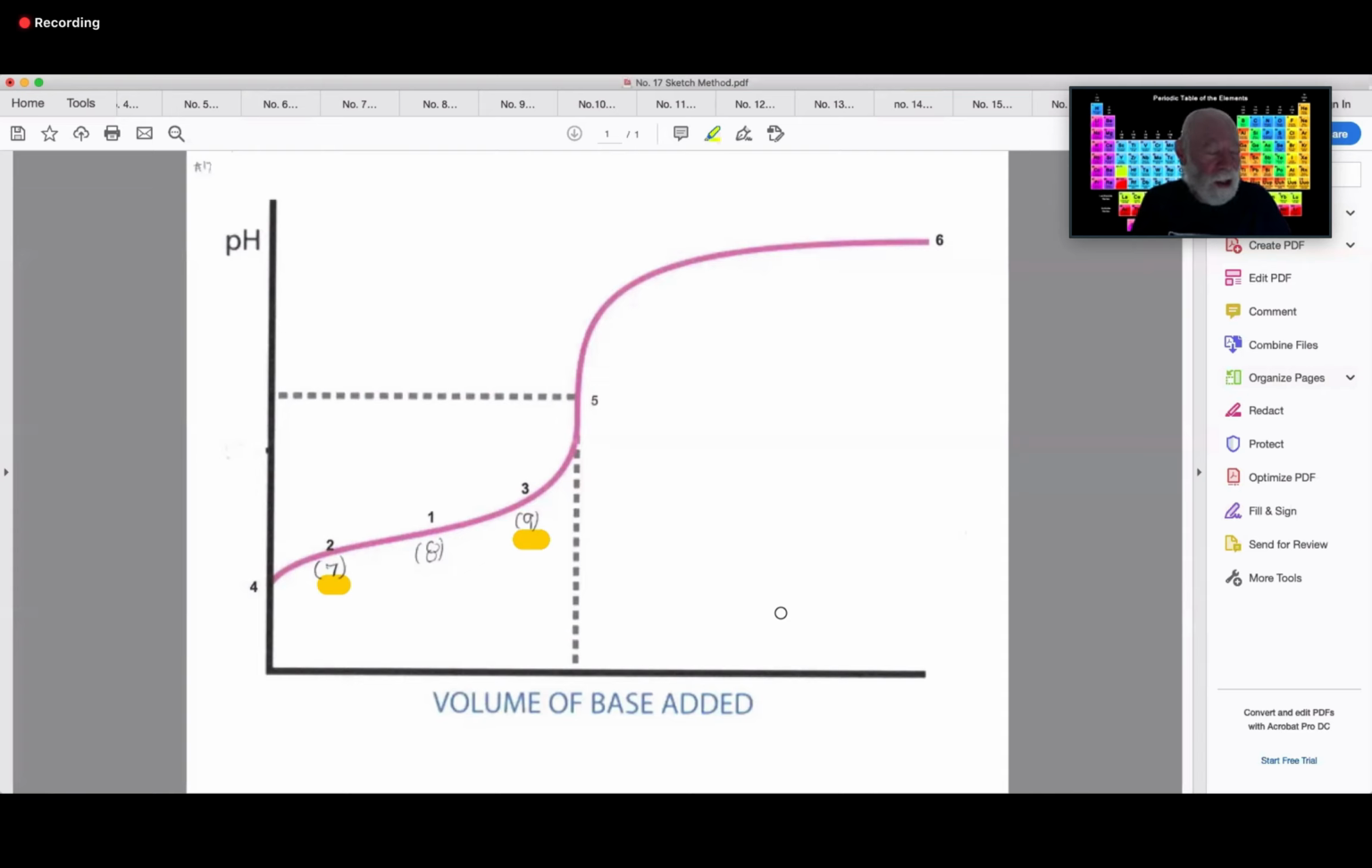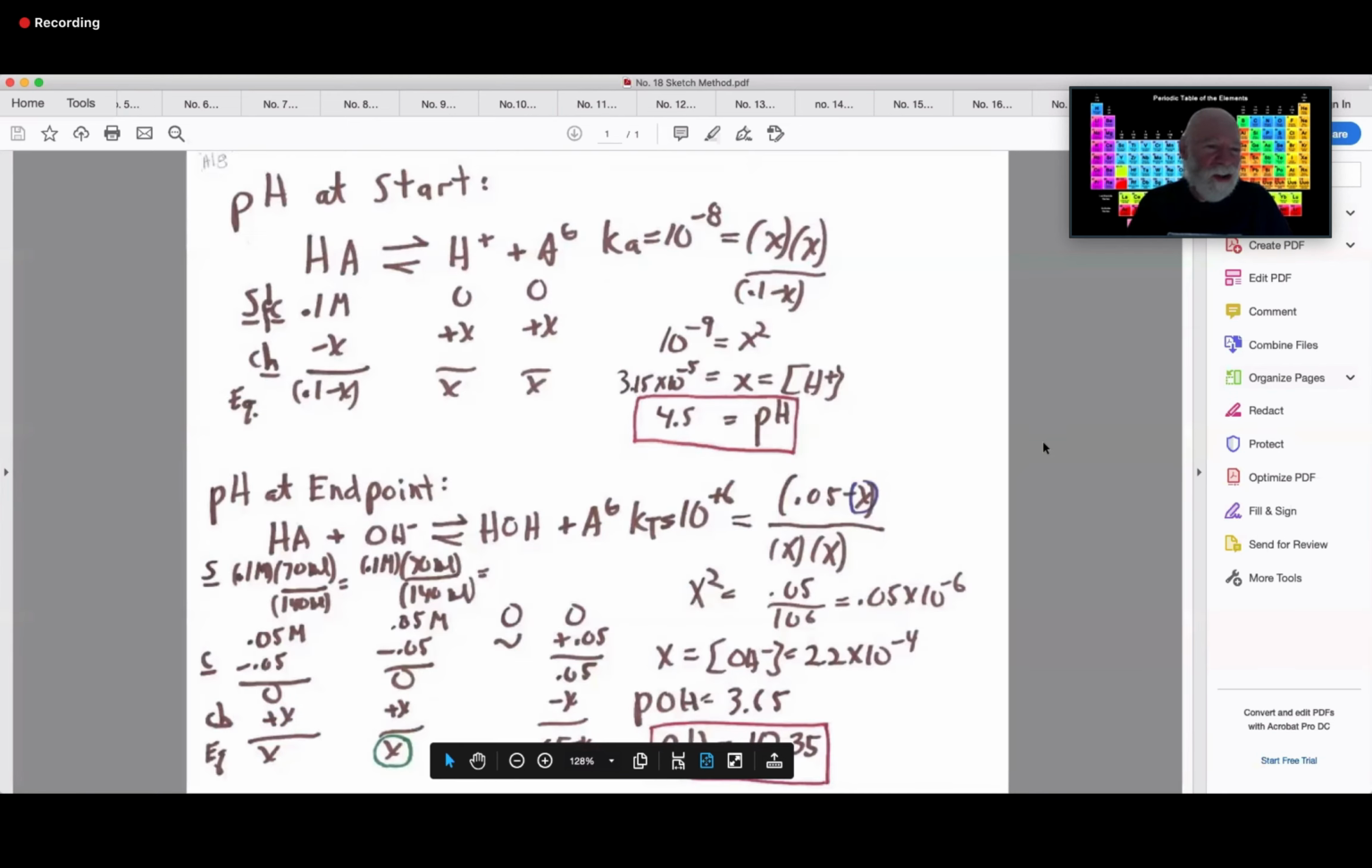Now we're going to grind out the other 3 that take a little time. We're going to get the pH at the beginning, and I'll call that point number 4. Then the pH at the end point, and then the pH at double the end point. So we're going to work on those 3 points right now. The pH at the start isn't too bad. It's a typical weak acid